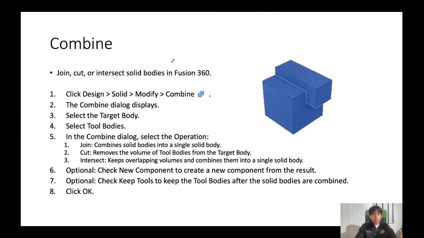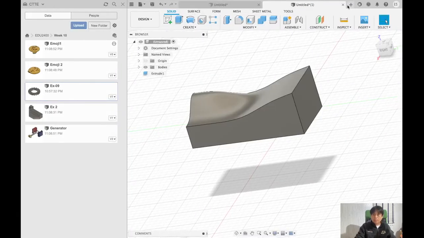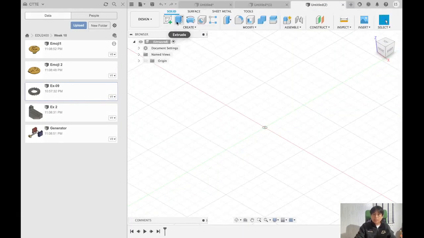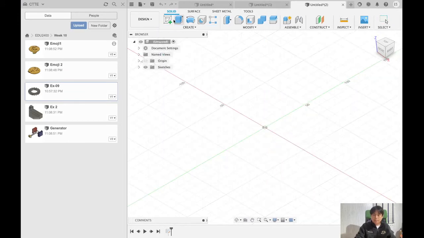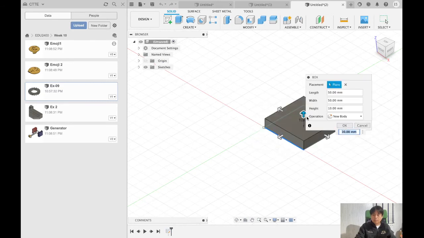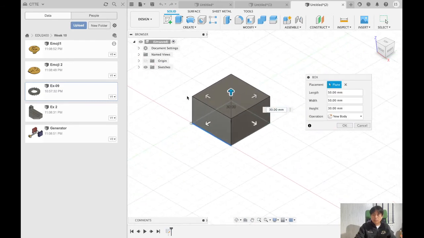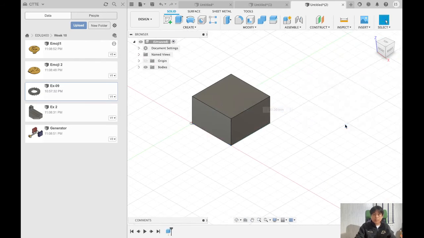So the next example is combining two different objects. You already used this combine menu in the previous examples. So this is also very simple. So let me practice this combine. So I'm going to create a box as an example, like 50 by 50, and extrude just 30 millimeters. Okay, and then